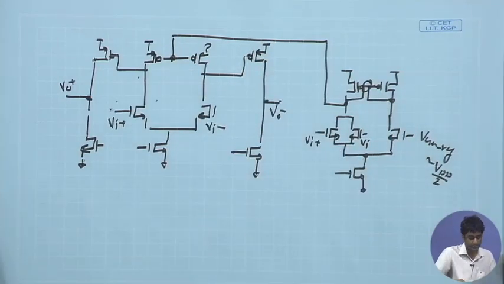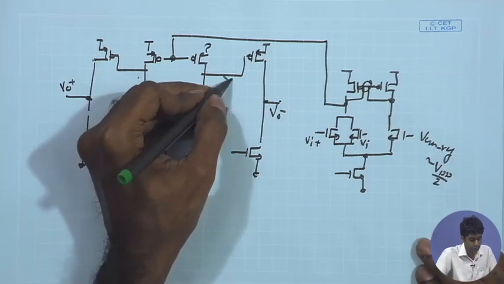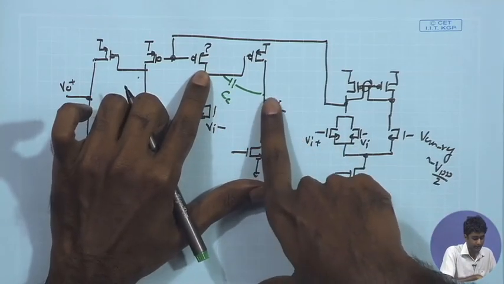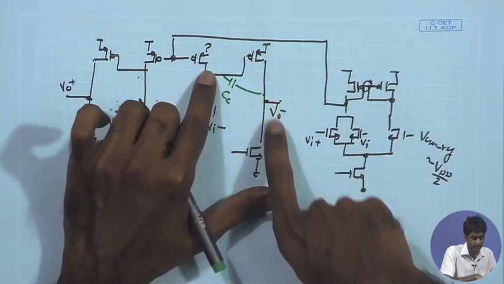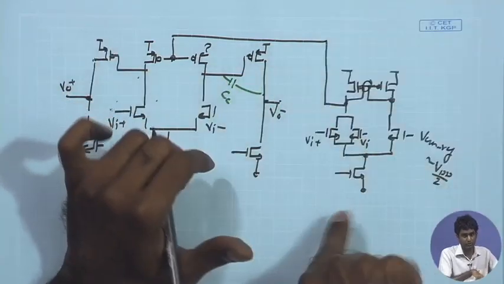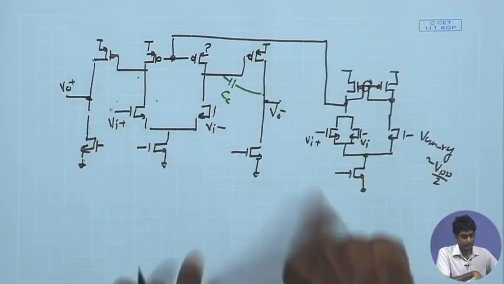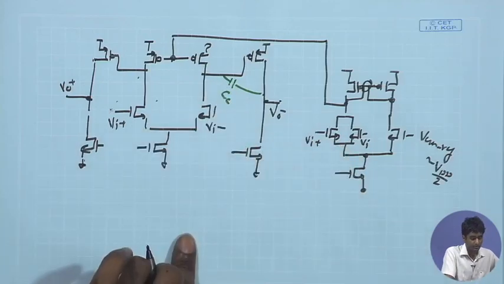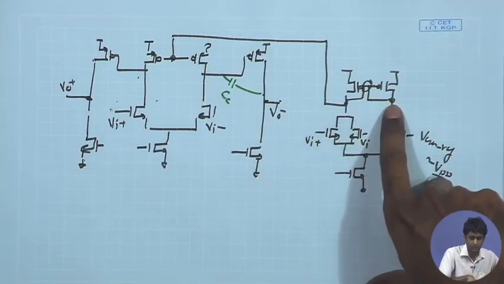And there also we discussed that in this particular case the best place to put the compensation capacitor would be this one only, because this is a high impedance node, this is a high impedance node, and the gain from this point to this point is also large, GMRO. As a result, you can get a sufficiently large Miller multiplied capacitor over here, whereas this node we